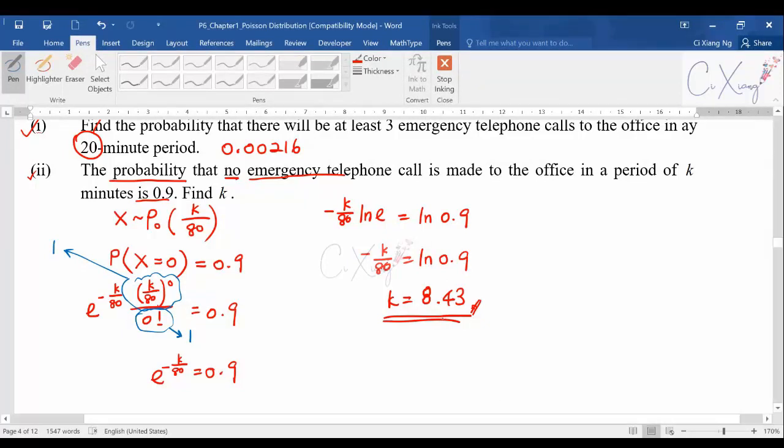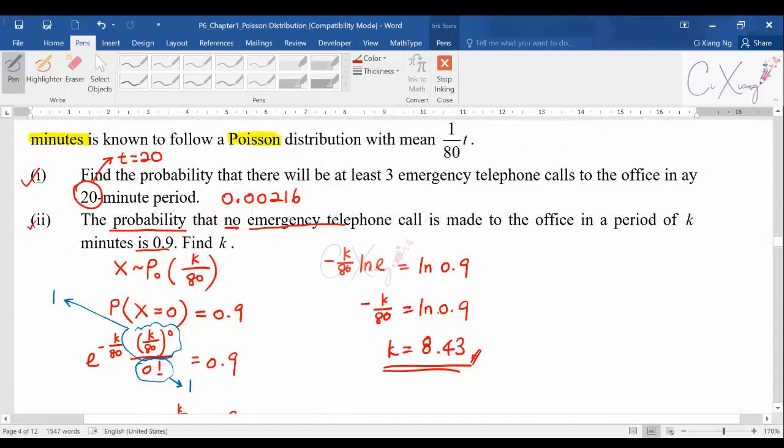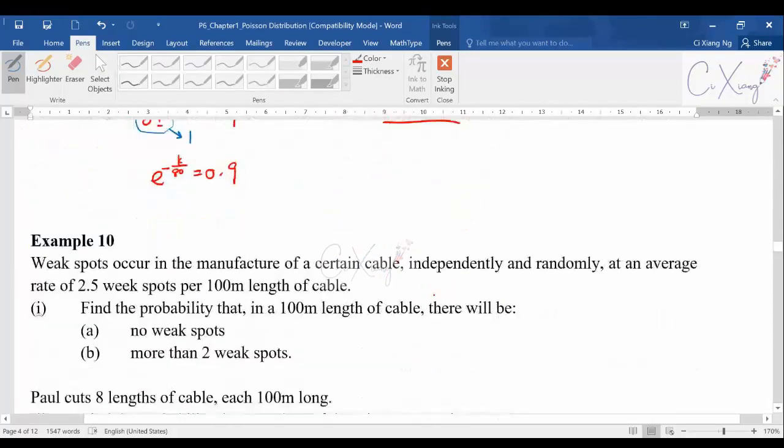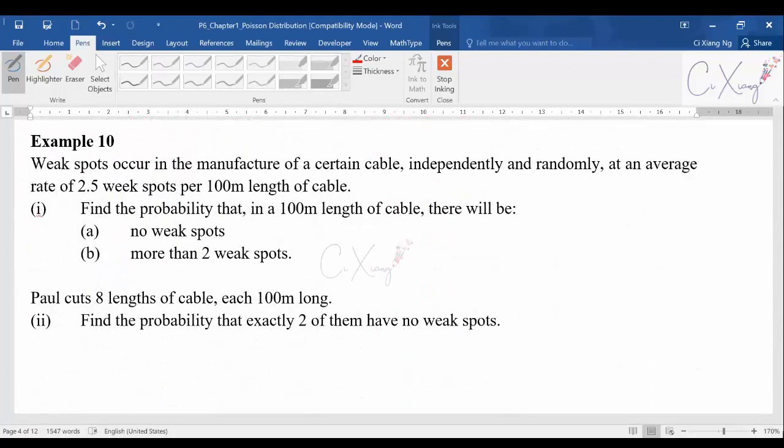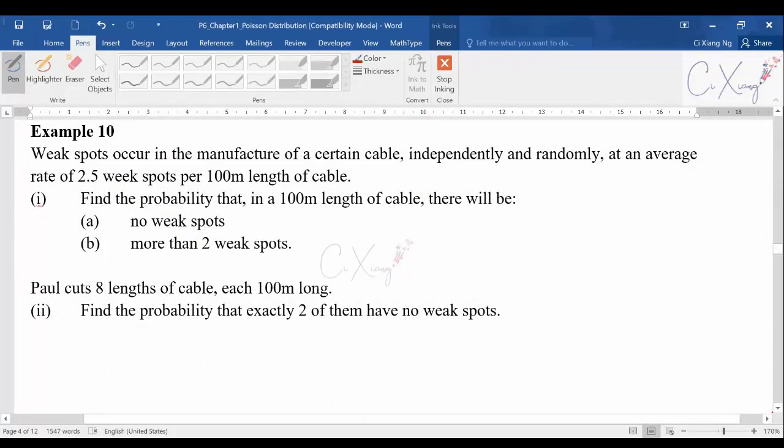Alright, okay, so no problem. Then again, we proceed further. Let's have a look at example 10. Okay, so when you look at it,